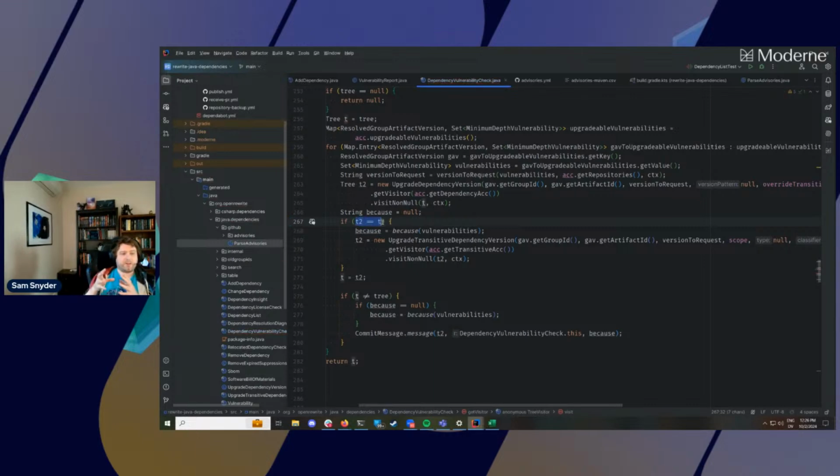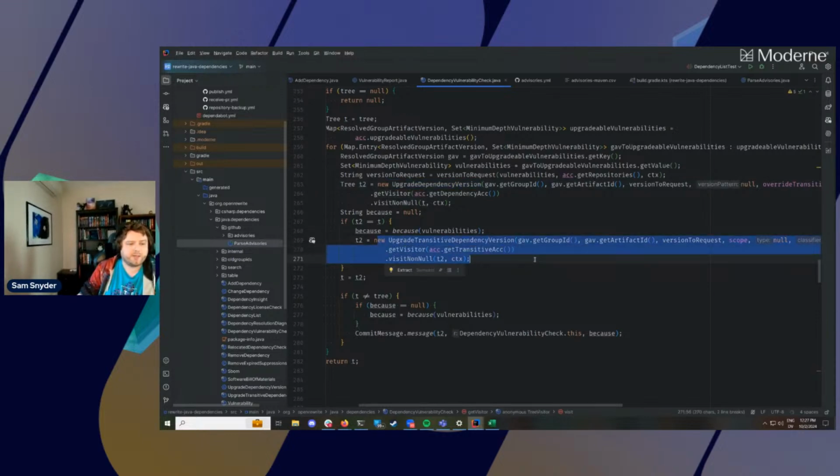If they are the same, this means that upgrade dependency version was not able to do anything with this file. Maybe the dependency declaration was in a format it doesn't support or understand, or maybe it's a transitive dependency, in which case we should try applying the transitive dependency version recipe as well.